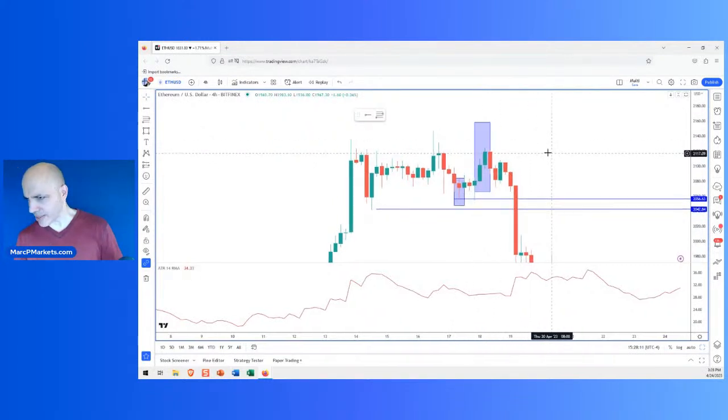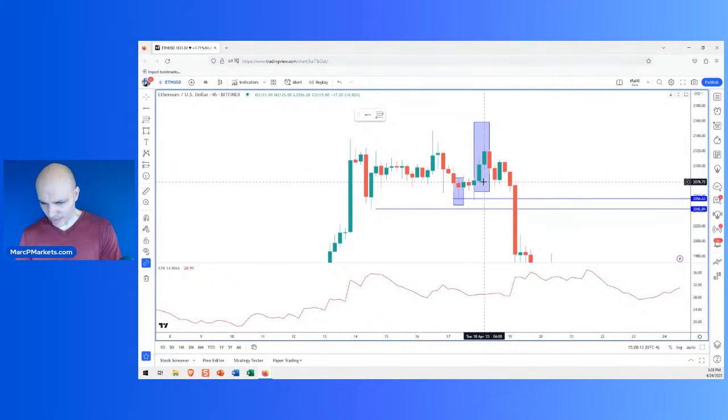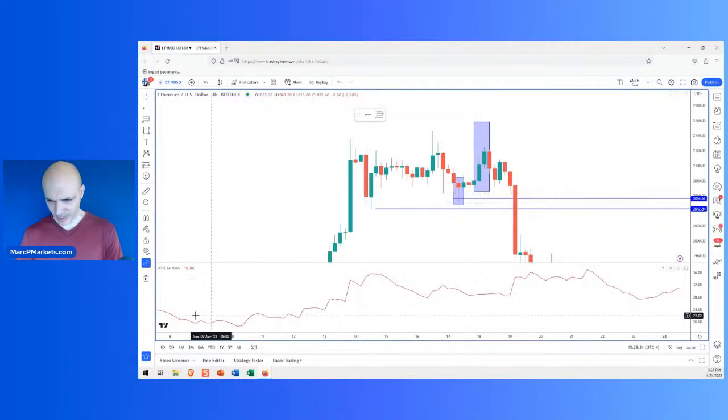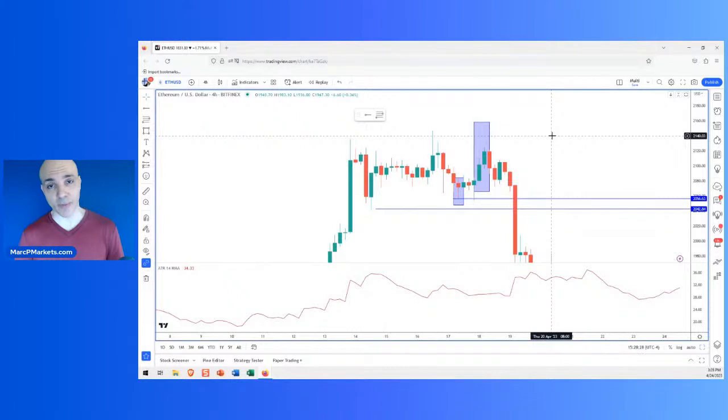Okay. So at the time, before I start explaining the ATR, let's just take a look at what it says here. At the time of the trade, it was 30 points. That's what this number right here says. When I roll over that candle at the time, it says 30, which means I can use that number now to determine risk. Okay.